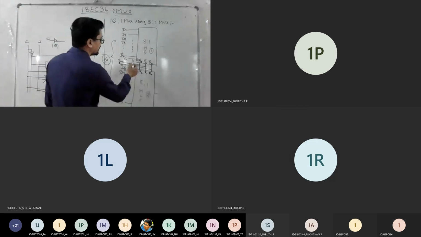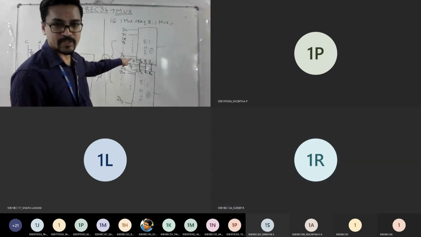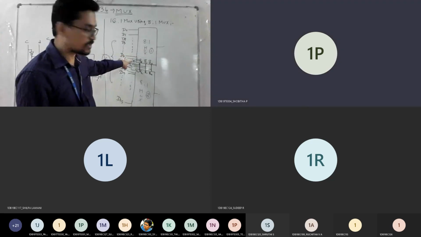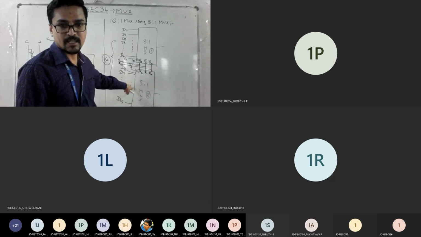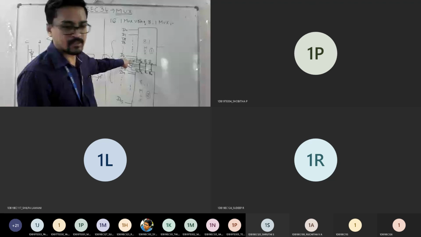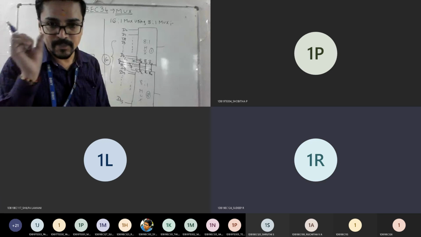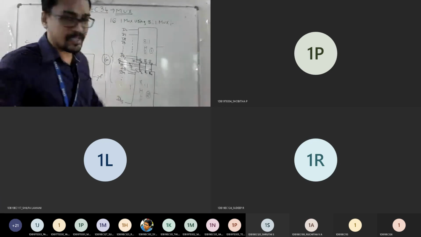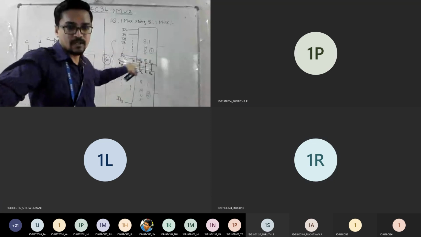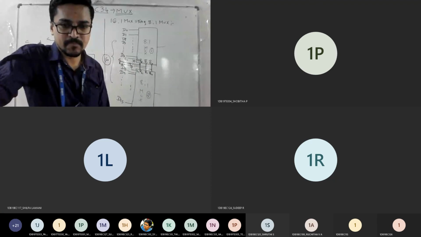For a few applications you may give this enable itself as 0. So if enable is 0, which one will work? Mux 1 will work. If this 0 goes to the NOT gate, it becomes 1, so it means mux 2 will work. And vice versa. If you give 1 for this enable, then this will work. If it is 0, this will work. Depending upon the application you can fix it. In general, you can take enable as 0 because the NOT gate is there. Enable 0, mux 1 will work, and enable 1, mux 2 will work. Is it fine?